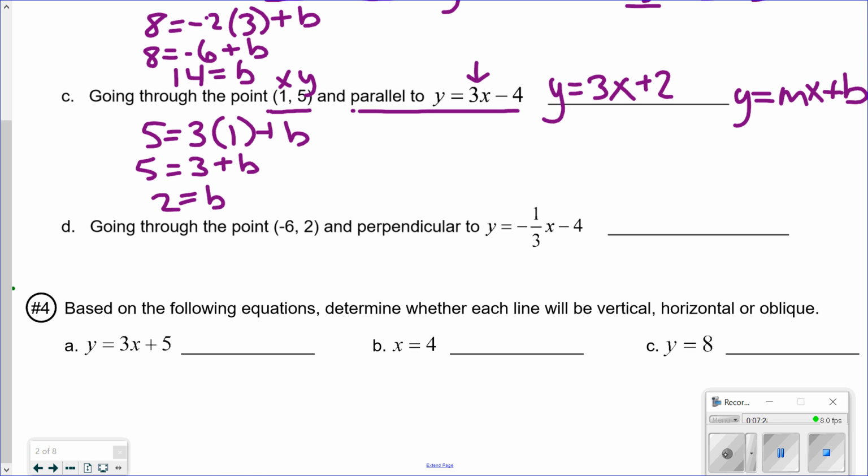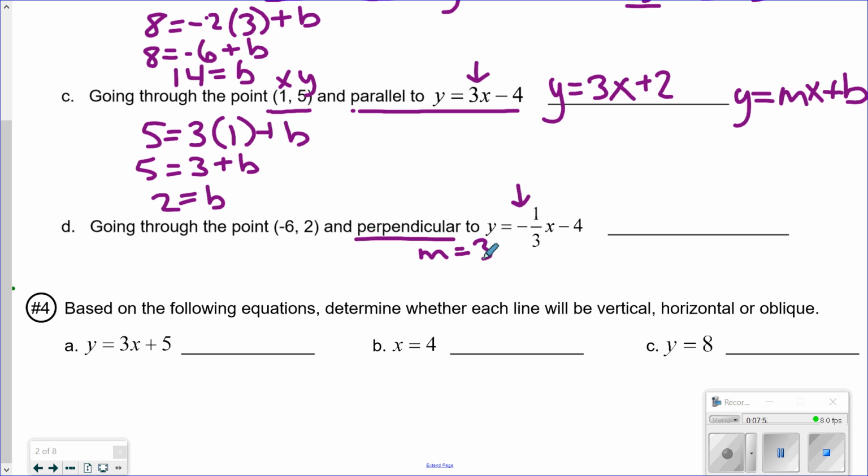For part D, I'm going to write an equation that goes through the point (-6, 2) and is perpendicular to y is equal to -1/3 x minus 4. Perpendicular slopes are opposite reciprocals. So if the slope of this equation is -1/3, that means the slope of my new line is going to be